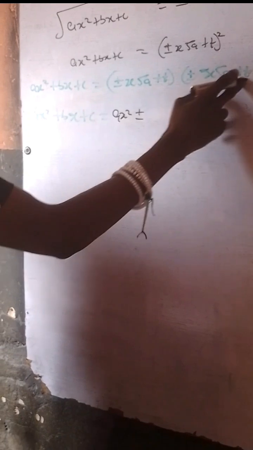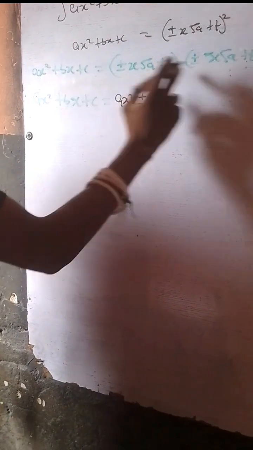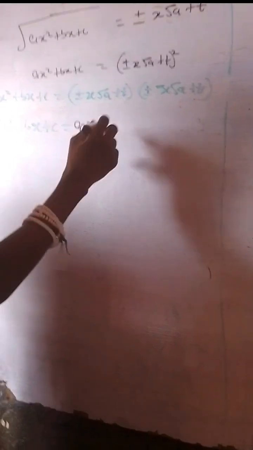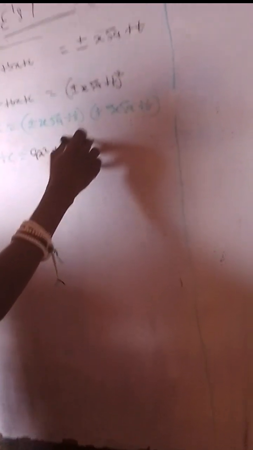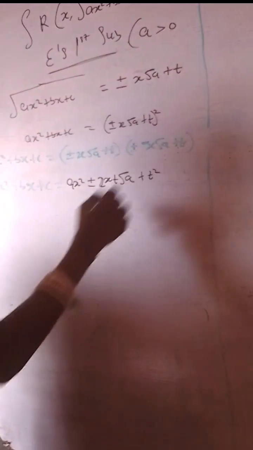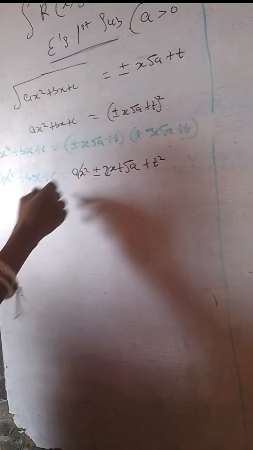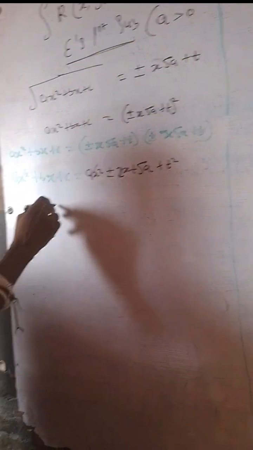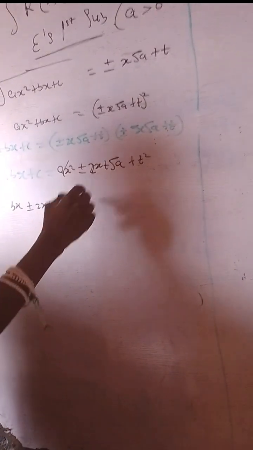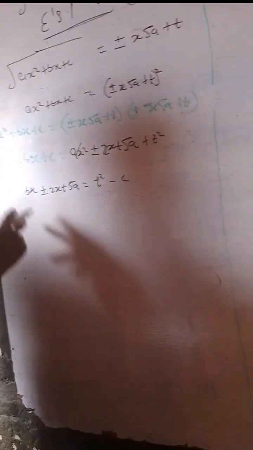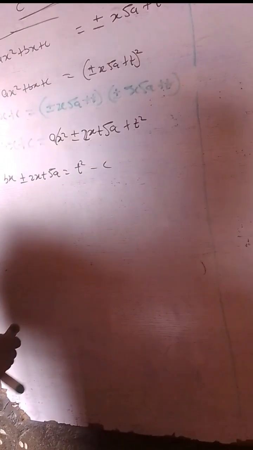Then you have your plus or minus. This times this gives us xt root a, and this gives us also xt root a. So that will be just the addition, 2xt root a, plus your t squared. Are you with me? Then this cancels out this. Moving on, bx plus or minus 2xt root a equals t squared minus c. Then you know now, using change of subject of formula,